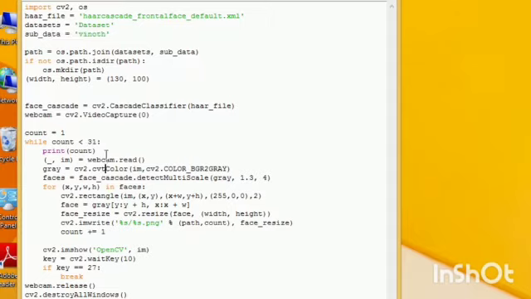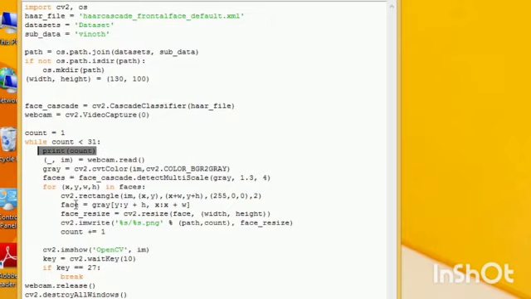Okay, so it is going to print the number of snaps taken, 1 2 3 4, like that up to 30. Then it is going to convert the color images into gray images. By using this gray image it is going to detect the face. Why did it convert to gray? Because it works only on gray color.